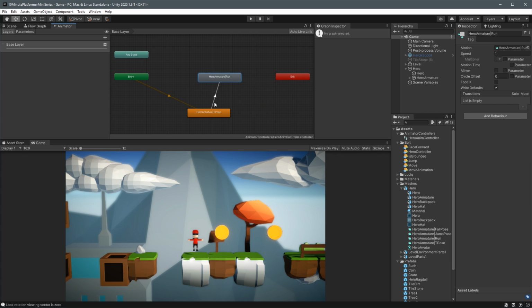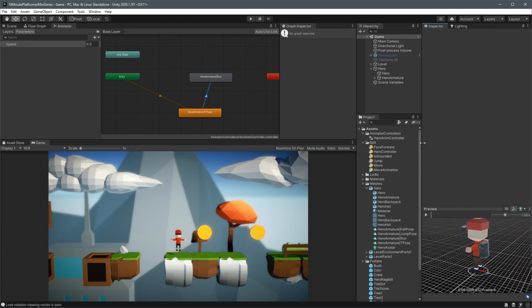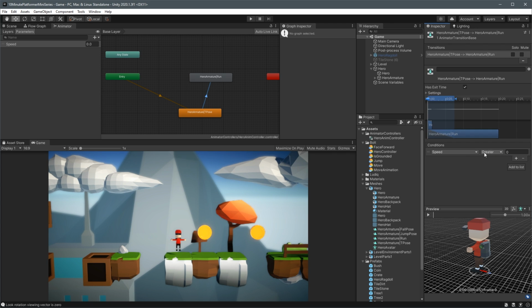And in order to transition to this state, we need some input here. I have to go to the parameters tab here and name a parameter. And we named it speed, the one that we're setting from the flow graph. So I'm going to name this one speed as well in the animator. And now we've got something to transition on. So we go back and make sure the arrow is selected there. And then click to add a condition, and then if speed is greater than 0, we want to make this